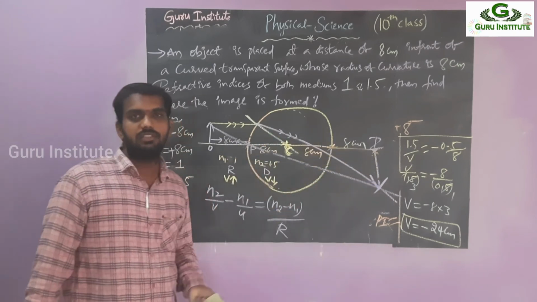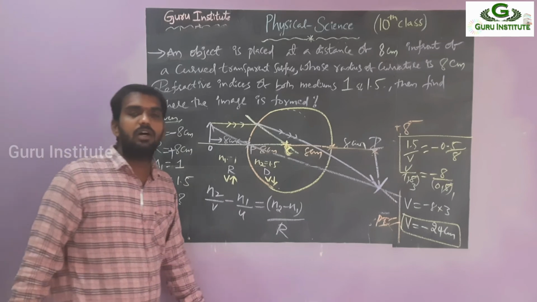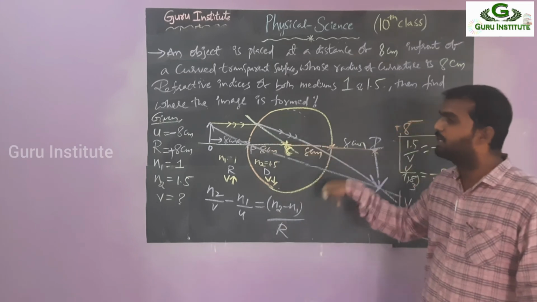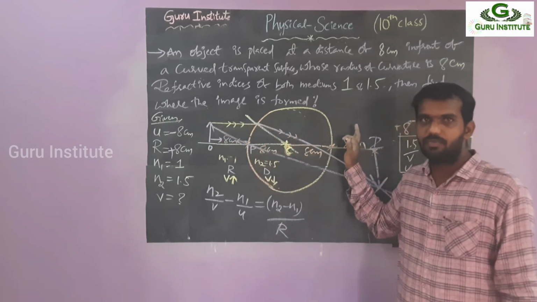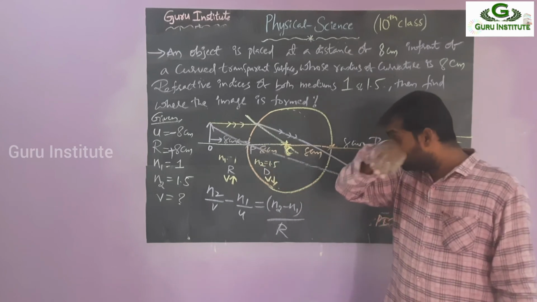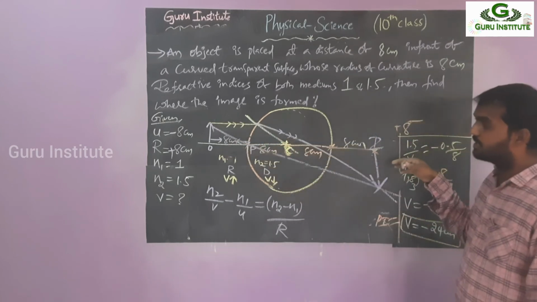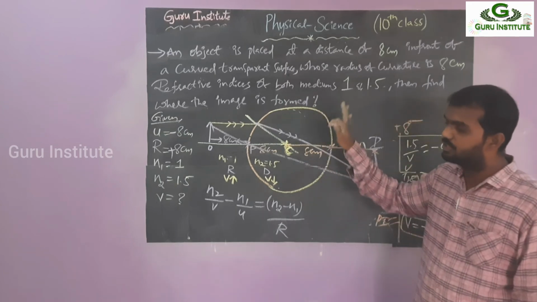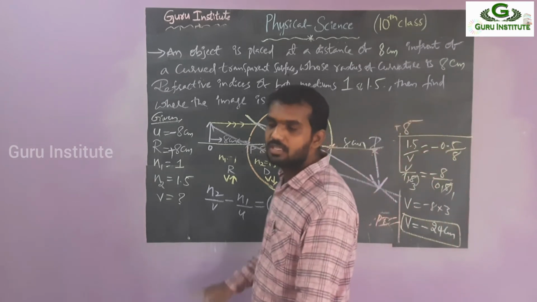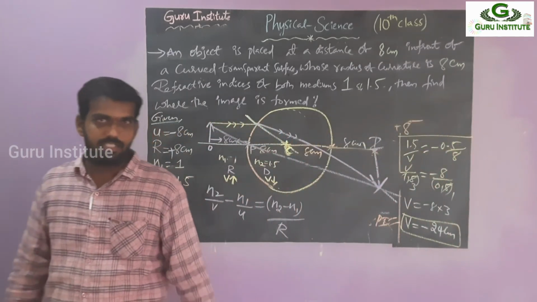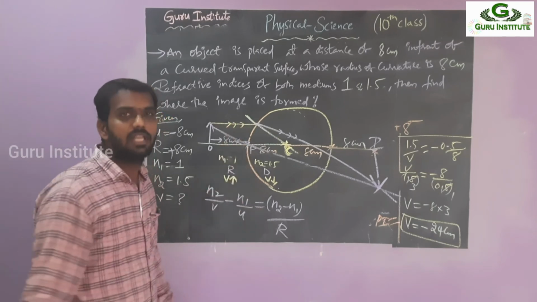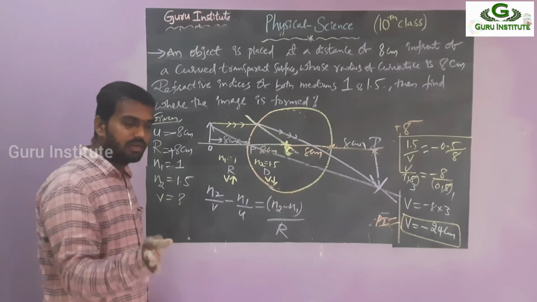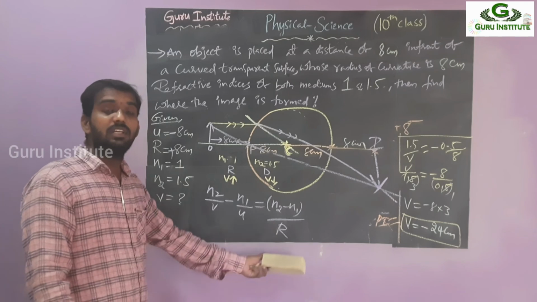Right? That's it. So this is about curved surface formula application. But even a regular problem doesn't give it like this. It's just asking about the sphere: what is the distance before the sphere and after the sphere? Suppose in the textbook it is already given, so before the sphere how much distance is there, and after the sphere also how much distance is there. Equal distance where we have to keep the object. Questions like that will be there. This formula is given for basic knowledge only. He has to write the curved surface formula and explain the terms in it. In rare cases, he has given problems like this. It's very simple. Just write the data and try to draw the picture. This is a different one compared to the other three problems.